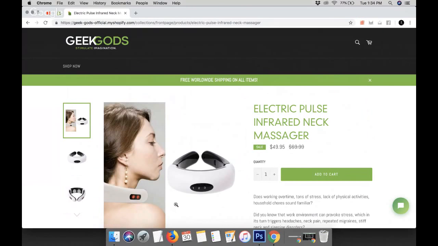products. If I know this is a hard seller, what I'm going to do is I'm going to create a whole separate store just to this niche. I'm going to create an electric pulse infrared neck massager website. And then I'm going to go find other neck massagers and make a whole website and brand built around this neck massager. That's e-commerce. That's how it works. You learn every day, you test. When you find winning products, you just build off of them and become richer and richer and richer off of